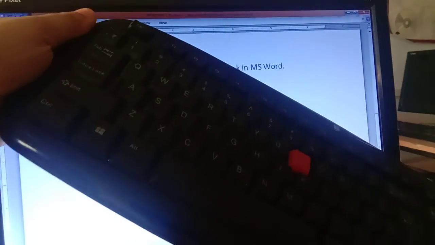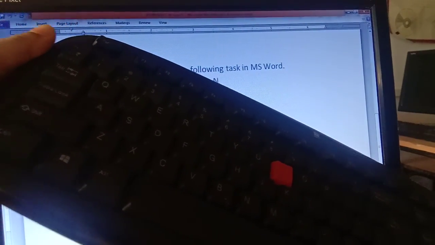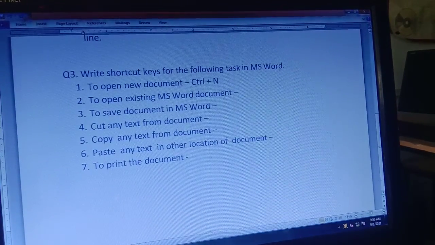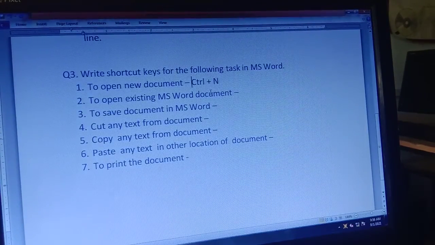So this is your keyboard. Control key आपको सबको पता है. This is your control key and N key. N is a letter. I am pressing control and N keys together. So you can see आपका नया पेज अपने आप ओपन हो जाएगा. New file will open in front of you. This is how you can open a new document with the help of these two keys.